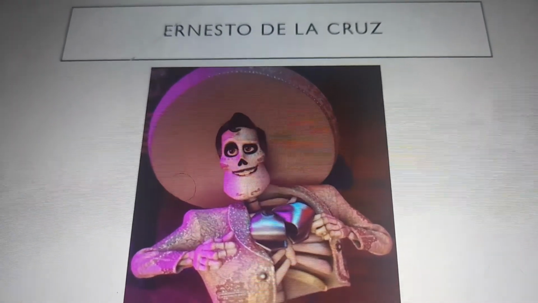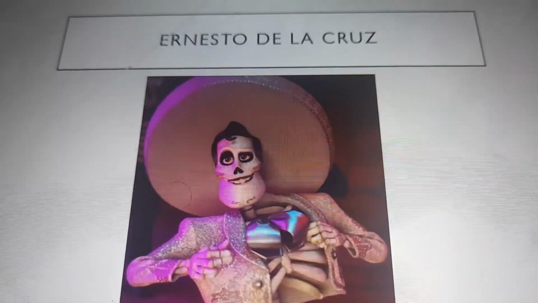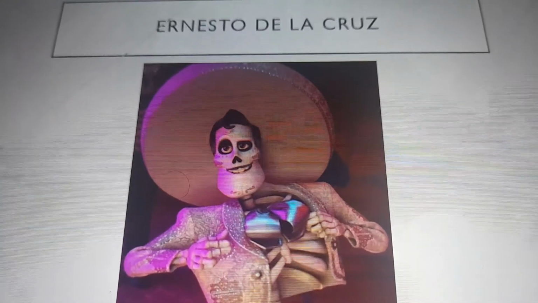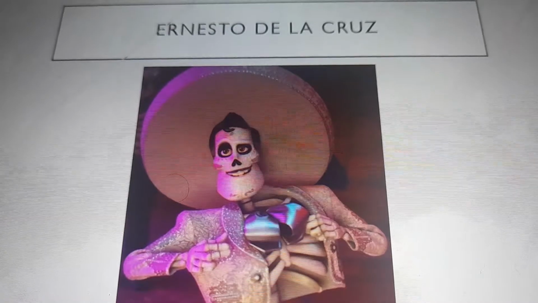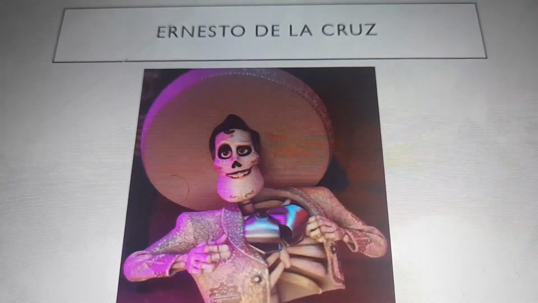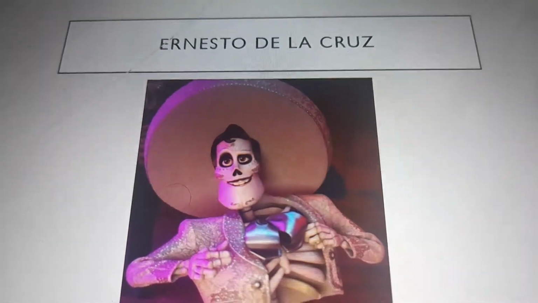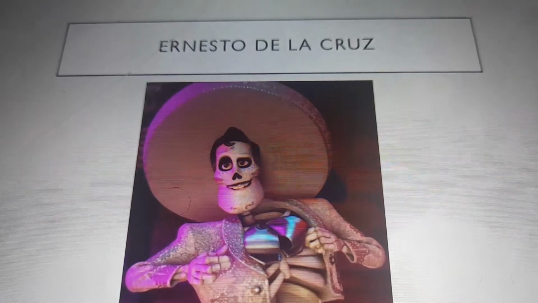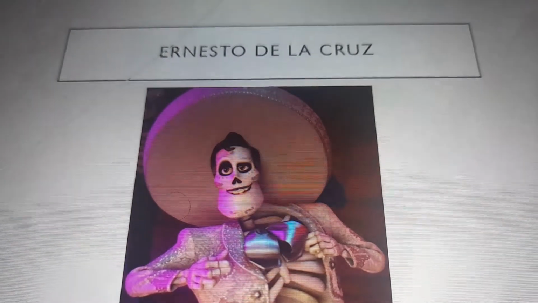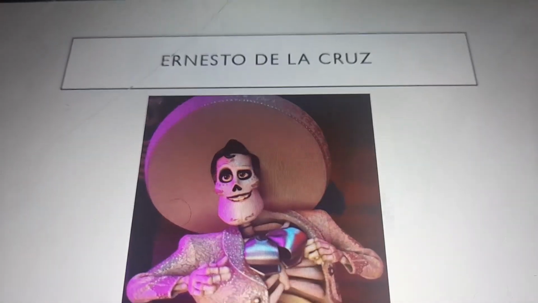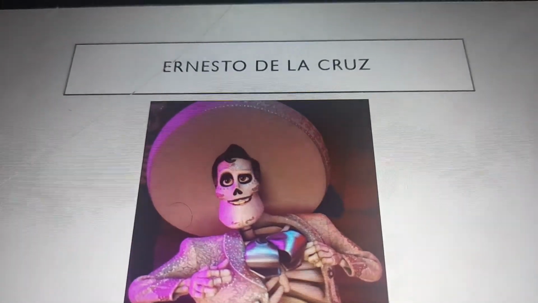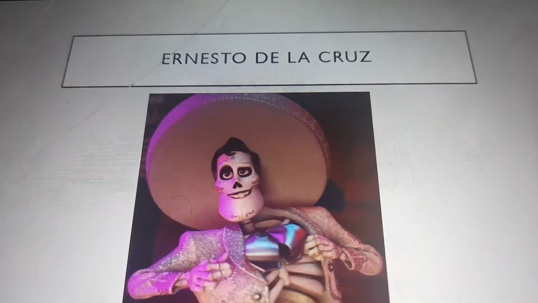Next is Ernesto de la Cruz from Coco. Now, at first, he seemed like the greatest musician of all time, and everyone fell in love with him for his music. It was beautiful to listen to. And yeah, so Ernesto de la Cruz, he wanted everything for himself, so he betrayed and murdered his best friend